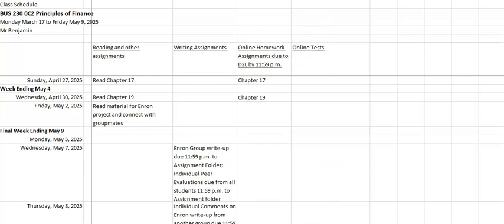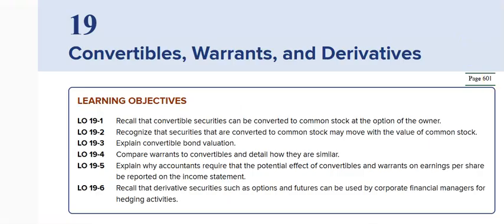Okay, so let me show you real quick what that's about. Hang on, I'll show you chapter 19. What we're going to talk about here are convertibles, warrants, and derivatives. They're basically investment options that an investor could make with the option of doing some type of conversion or acting on it sometime within the life of the security itself.